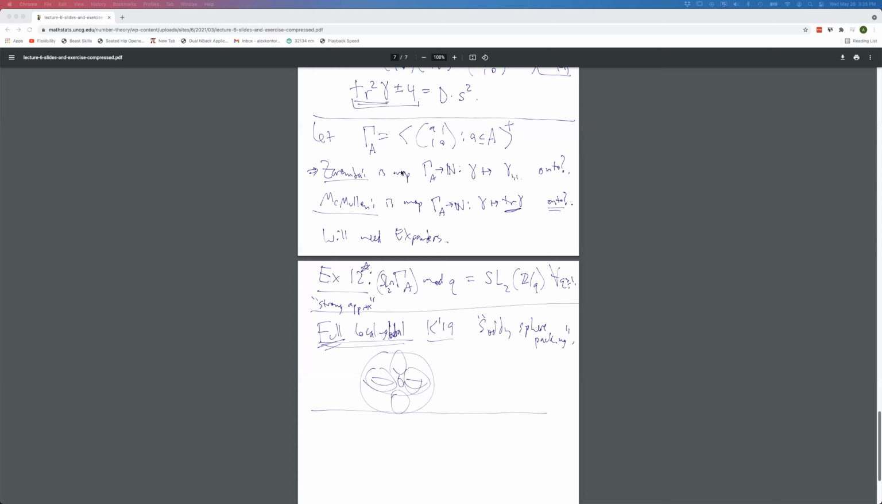Once you make one little observation, one sneaky observation. Should I tell you? So here's the sneaky observation. Let's say we just have 1s and 2s. If we have 1s and 2s and we look at even words in the generators so that we're in SL2 instead of GL2,